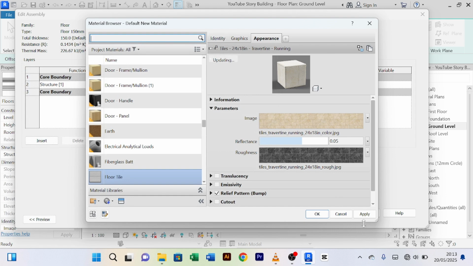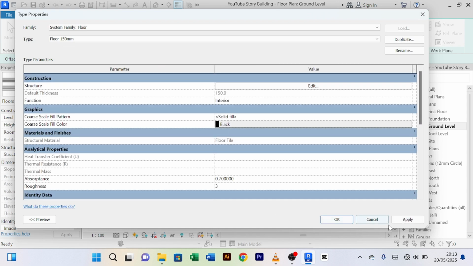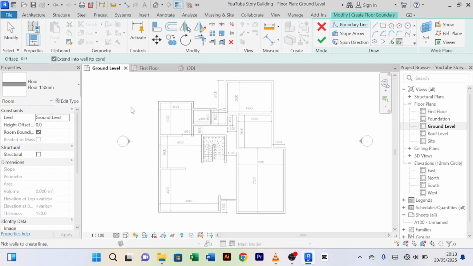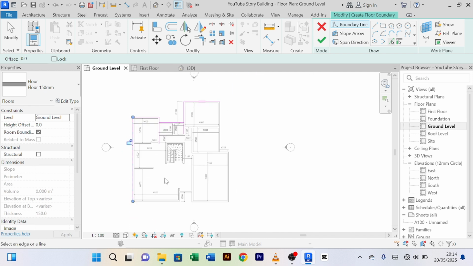I've closed that, and then here you click apply, you click OK, then you just click OK, click apply, click OK, and then we're here. Now we can start drawing. We have already edited our floor. So I will come here to the pick lines. I'll pick the lines. I'll draw them like this all around